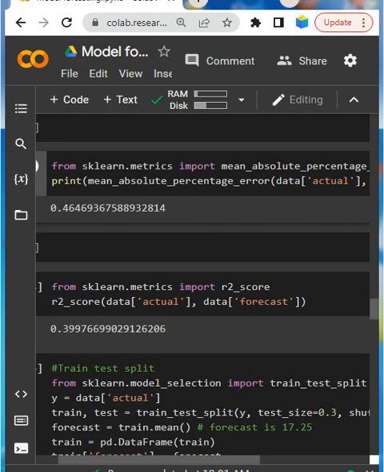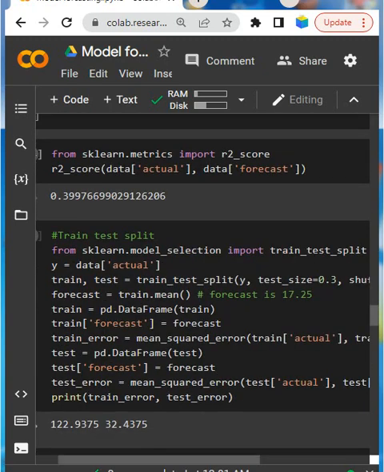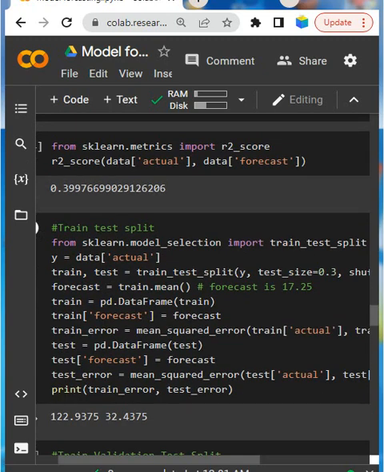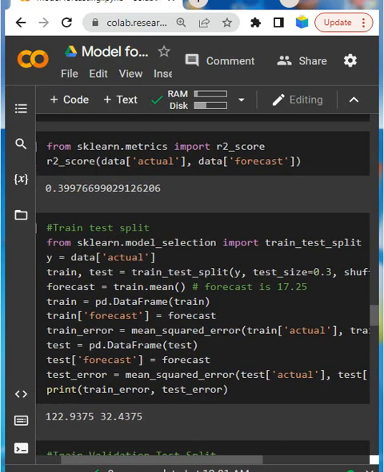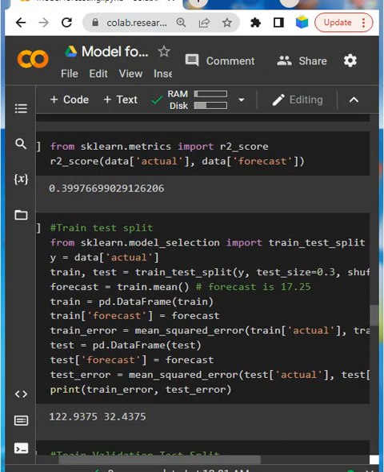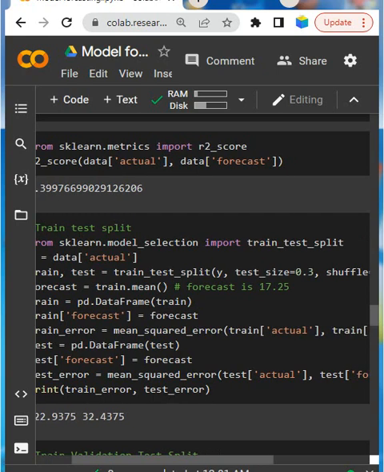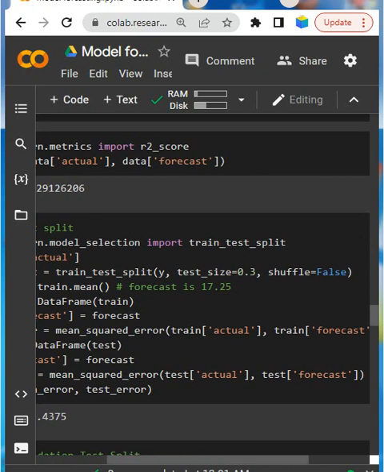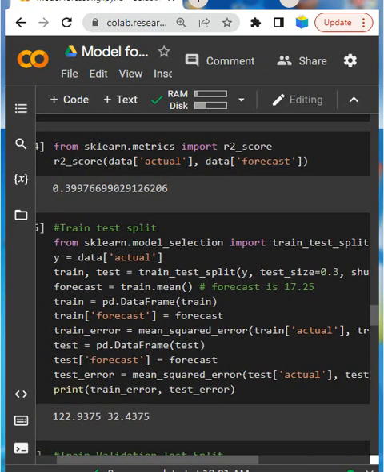So training and testing. I have created the training and test sets. From sklearn dot model_selection import train_test_split. I have taken y as the actual data. I am splitting 30% for the test set.